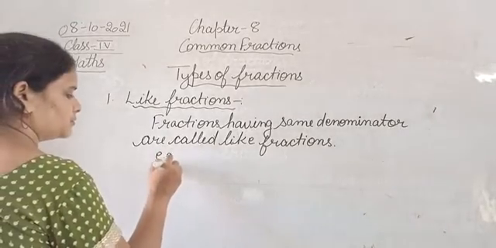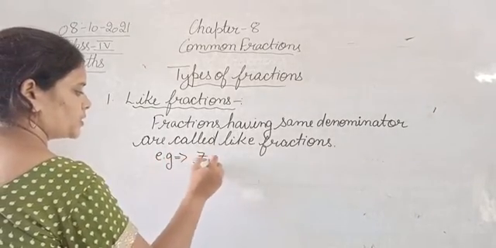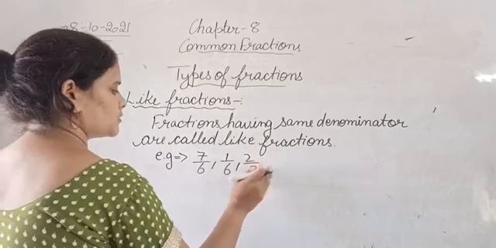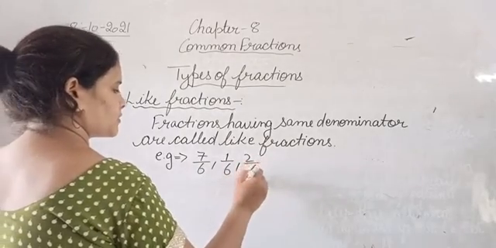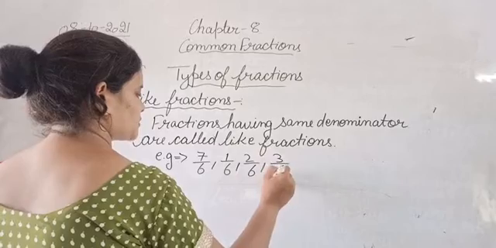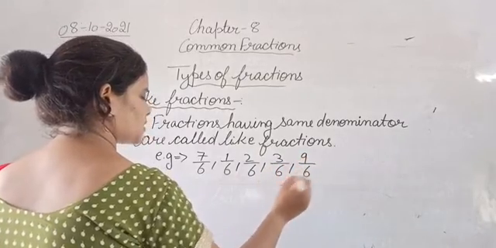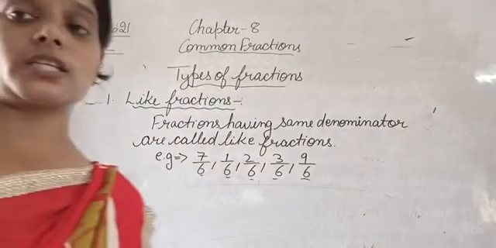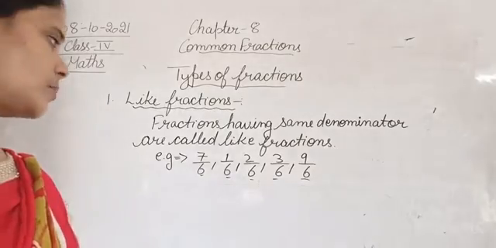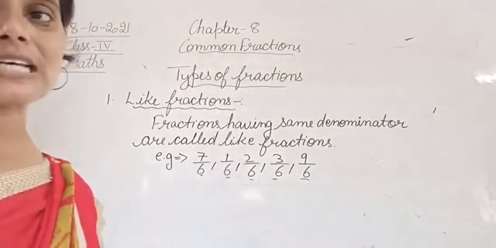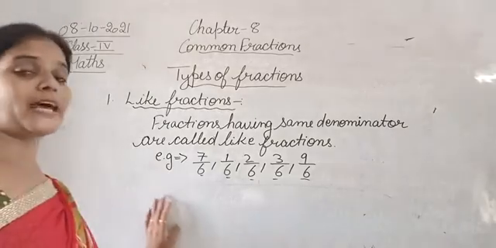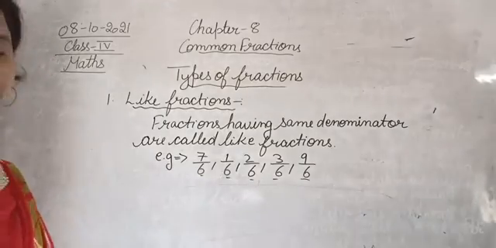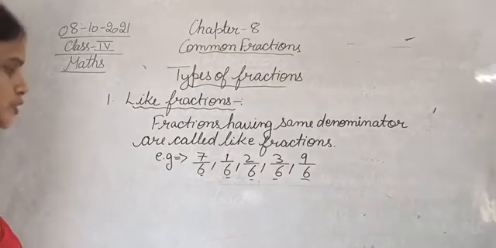The example: 7/6, 1/6, 2/6, 3/6, 9/6. देखिए इन सबका डिनोमिनेटर क्या है? So they all have the same denominator, that is 6. Okay, so 6 is the denominator for all these fractions. So these are the examples of like fractions. Like fractions are those fractions which have the same denominator. Clear? Chalo. Moving next to the second one,